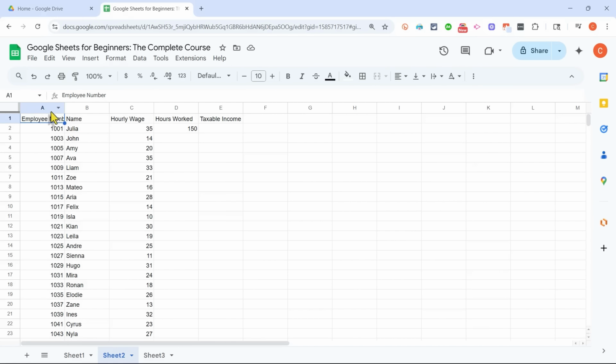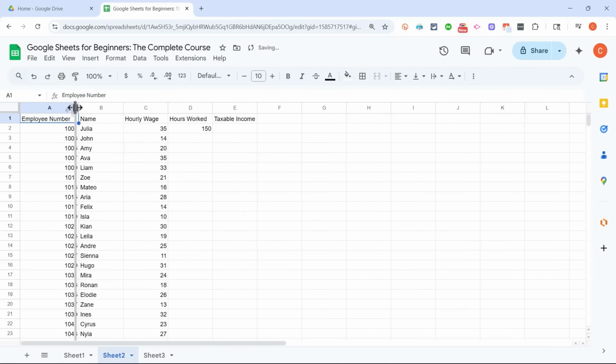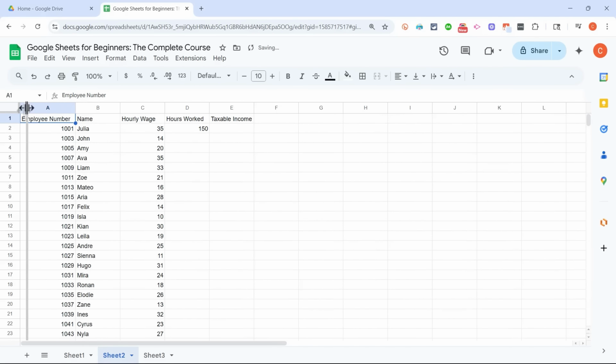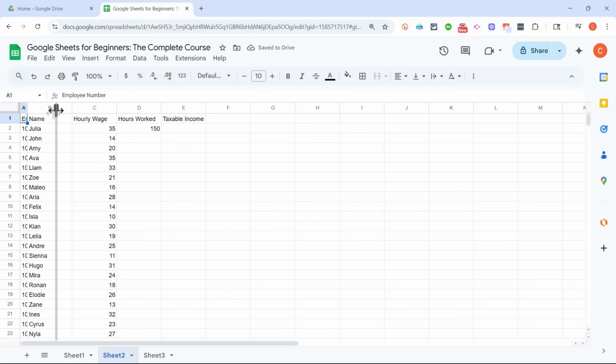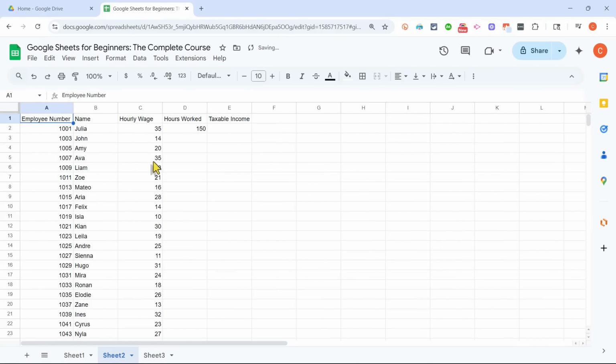If I want to just stretch out column A, I can put my mouse between column A and column B. There's a line separating those two columns, and I can put my mouse on that line, click, and then drag it out to be as wide as I want it to be or as narrow as I want it to be. When I get it to the width I want, just release the mouse button, and I've set the column width. And I could do that with each of these columns, but check out this faster, basically automatic way of